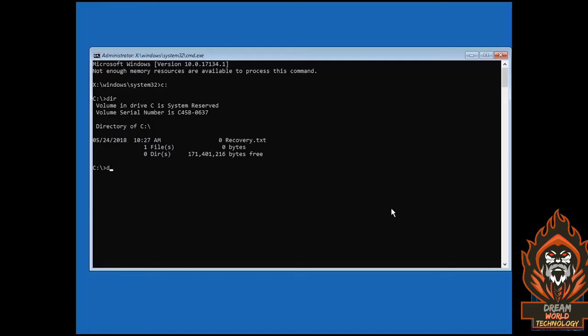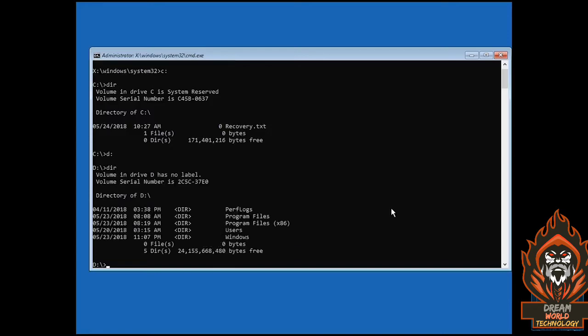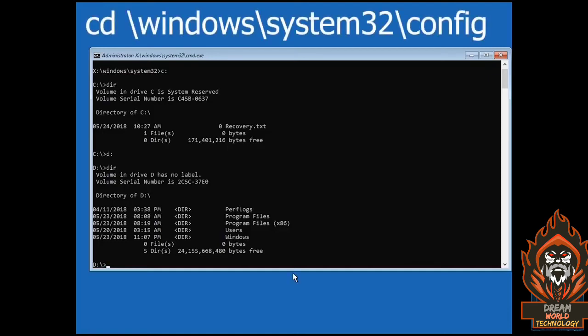Otherwise, type the letter D colon and hit enter, then dir again. So as you can see, here are the directories I was expecting to see. So I'm now in the right drive. Now before running the regback command, I will back up the current registry in case I have some need to restore it afterwards. For that, I will type in the command cd space